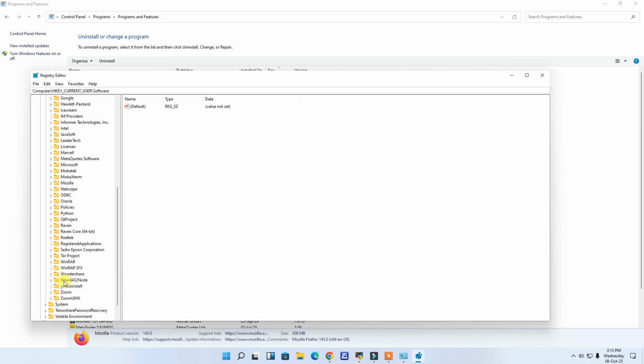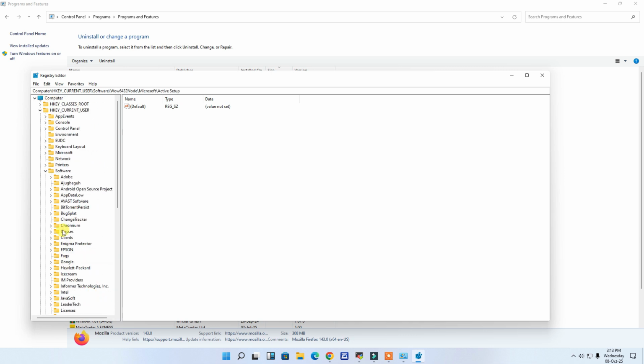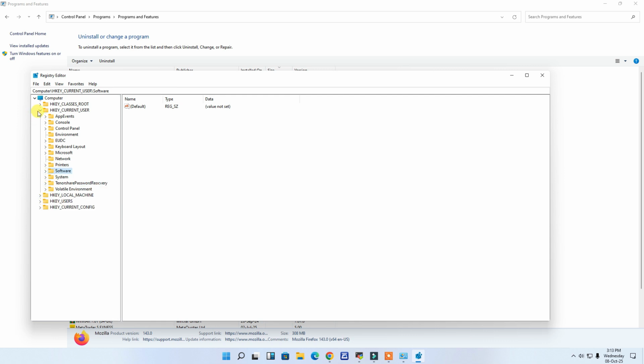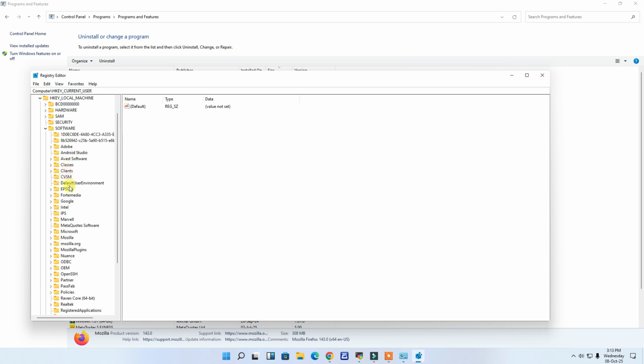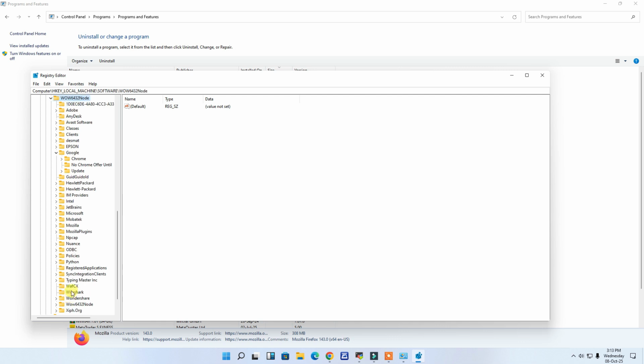We can go to this folder as well, WOW6432Node, because it's a 64-bit operating system. No, it's not available here. And we can also check on Local Machine, where we can look in the Software section. It's not available